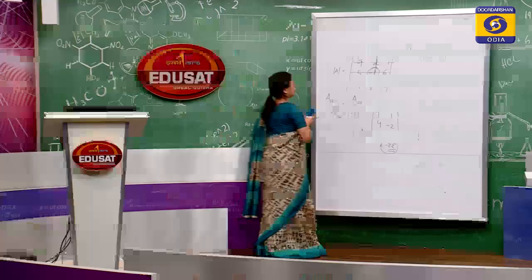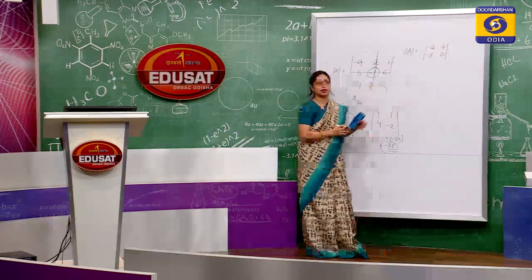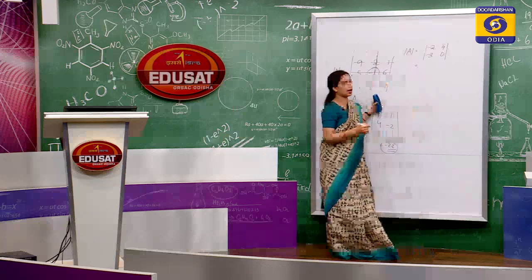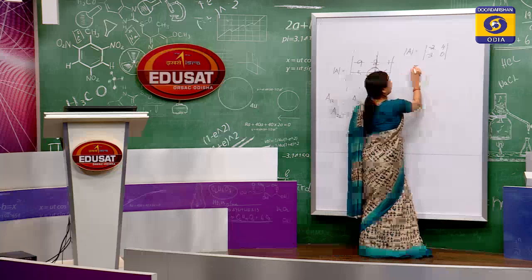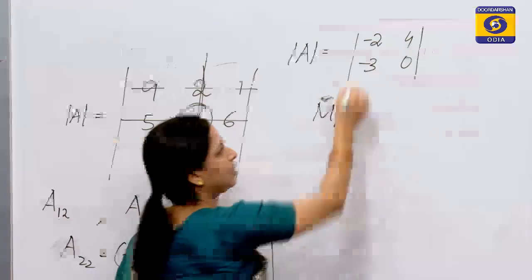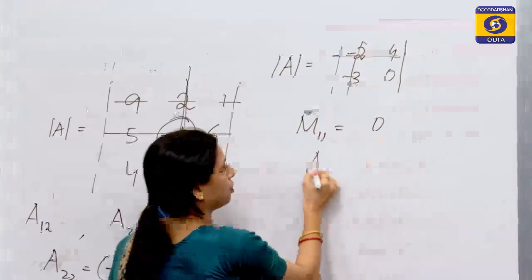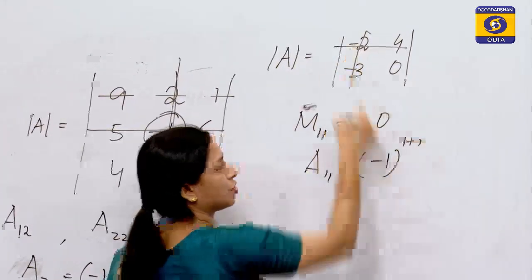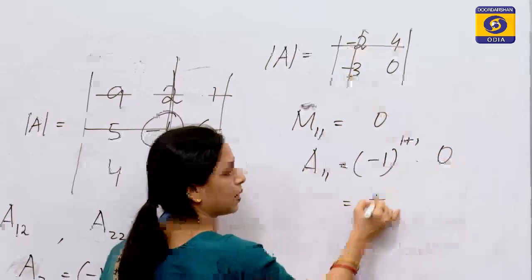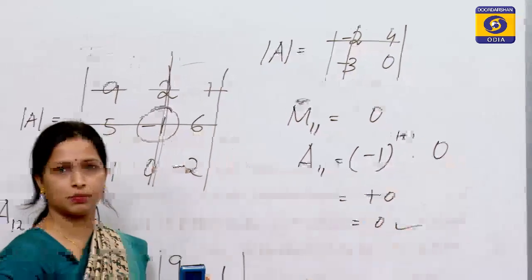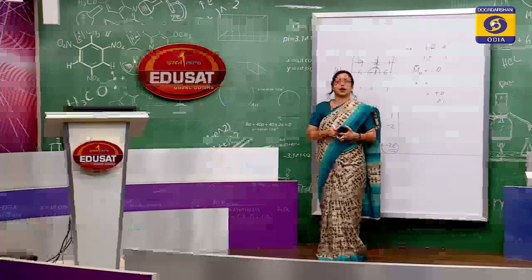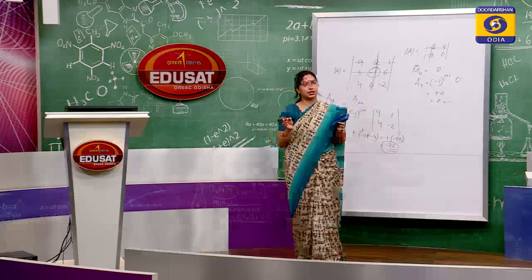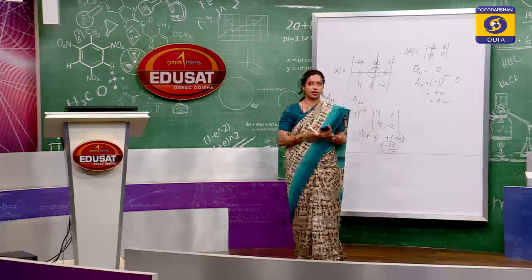Okay. Now, let us say this is a second order determinant. Let us do a quick recap of a second order determinant. So, the minor, let us say M11 is 0. So, A11 will be how much? Minus 1 to the power 1 plus 1, the position sign, into 0. So, this is plus. So, the value is 0, right. So, this is how we find out the values of minors and cofactors, and it is very easy. The only difference is the sign that we take into consideration.